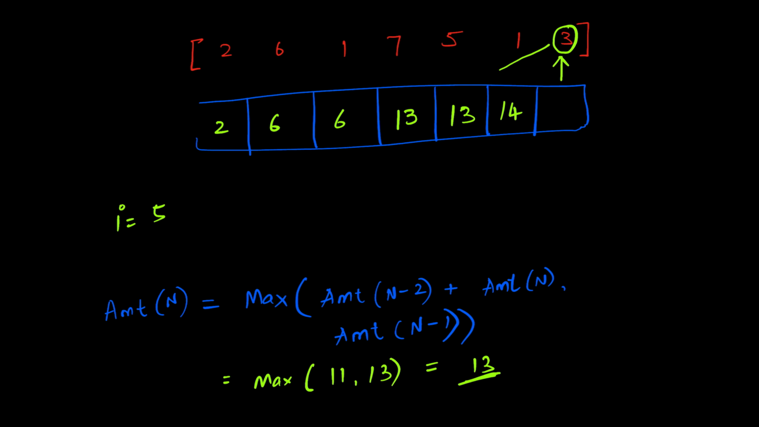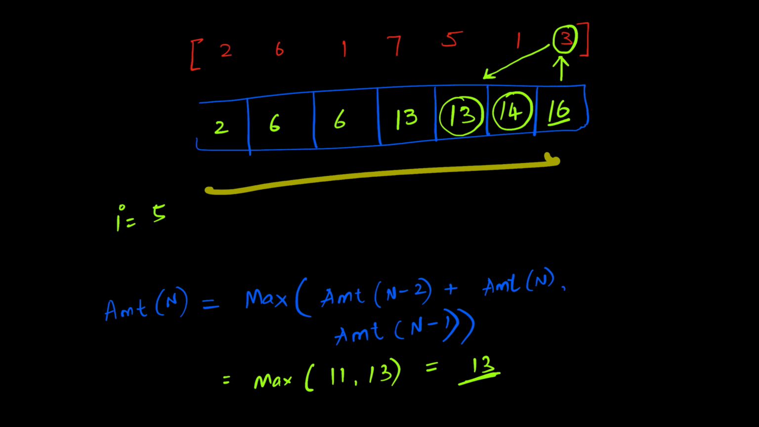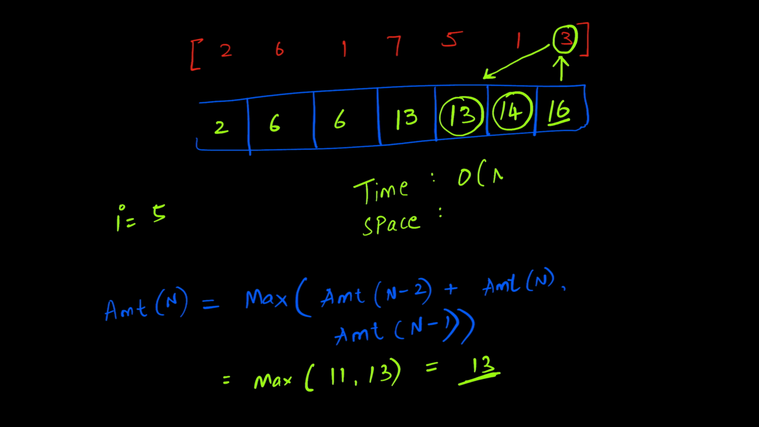Last but not the least, when value is 3, adding it with 13, that is n minus 2, the total is 16, which is greater than n minus 1. So we'll save 16 in the last position. Once the iteration is done, we will return the last value saved in the dynamic programming array as our output. With this solution, our time complexity is O of n, as we are only running the iteration once